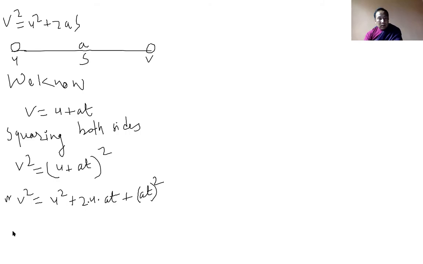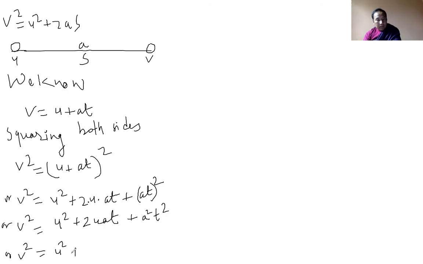Alright. Now v square equal to u square, let's simplify it. So it turns into 2uat plus a square t square. Now, if you compare with our equation, v square we already got, u square also we got. Now from this we want to get 2as. So here we'll apply some trick. So the trick is v square equal to u square